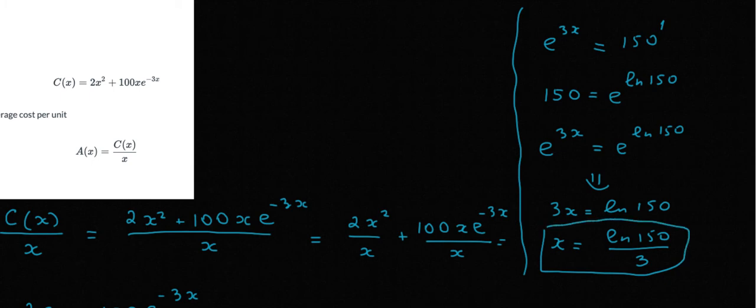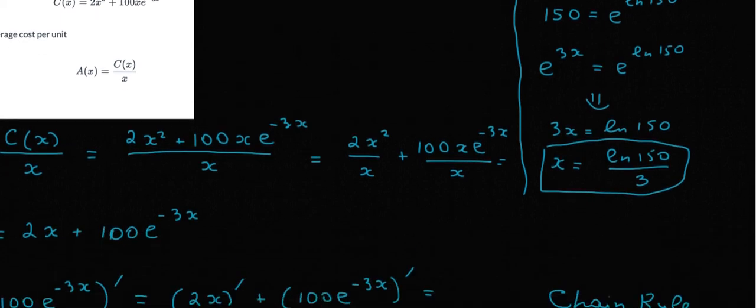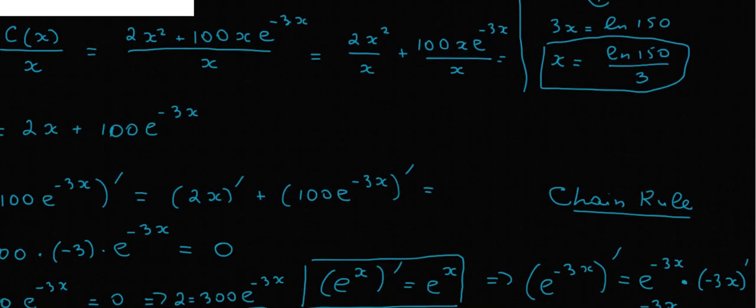We need to spend a little bit more time thinking about what this critical point is, because what we found so far is just a critical point. We found that the function has one critical point, but this critical point could be a minimum, it could be a maximum, it could actually be neither maximum nor minimum. Let's spend a little bit of time thinking about whether this point is indeed the minimum that the problem is asking us to find. Well, we can draw what's called a sign diagram for the derivative,